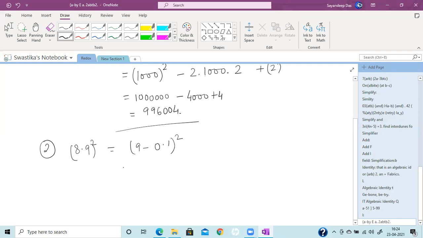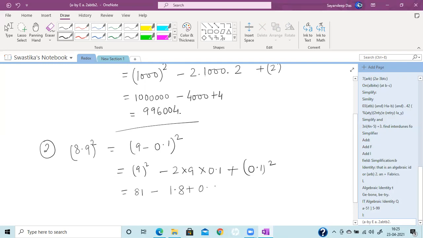So this is equal to 9 square minus 2 into 9 into 0.1 plus 0.1 square, that is a square minus 2ab plus b square. So 9 nines are 81, minus 2 nines are 18, 18 into 0.1 is 1.8,